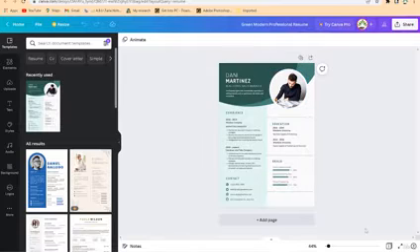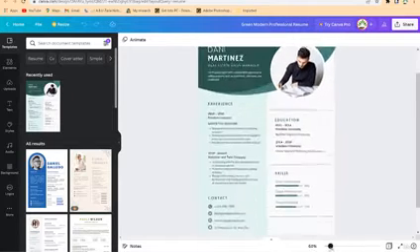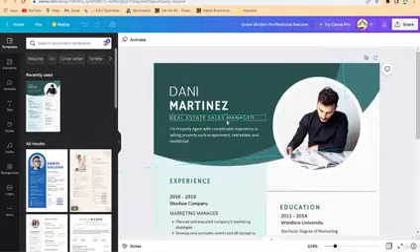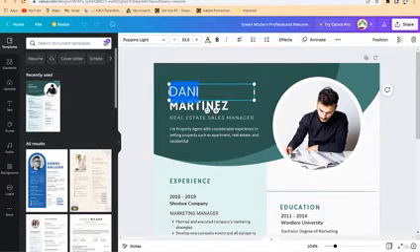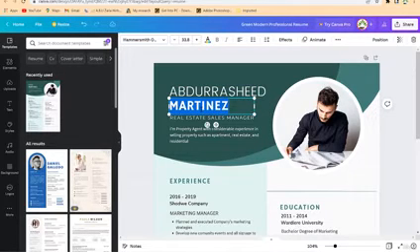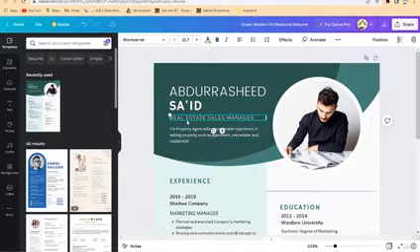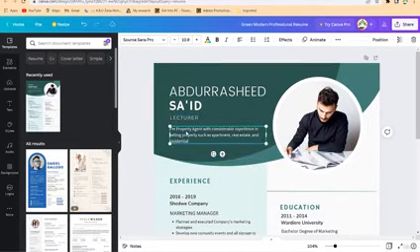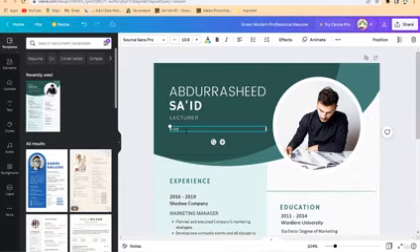So let's say you want to customize this. All you need to do is start by zooming out so you can see it clearly, and then you can come and change your name. For example, you can say Abdul Rashid, and then you can just increase this to fit the content, and you can put what you do, and then you can put your own mission and vision, or overall mission. So let's say we can put something like